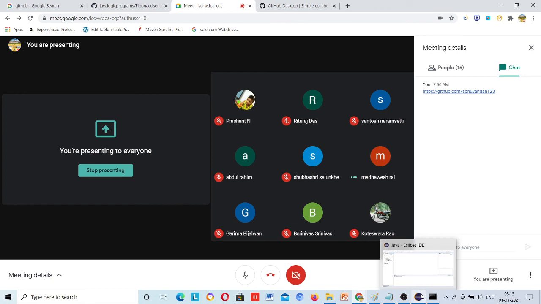Check-in means the same push that I am using here. Checkout means you just pull your code. For that you have git pull origin master, but you don't need to pull as of now. Once I take further sessions, I will tell this. You just need to upload your code to GitHub. Checkout means you need to take updates of your code when someone else is coding in the same software for the same project. You just need to checkout the latest updates. So the git pull command is used for that, and for check-in you use the push command.